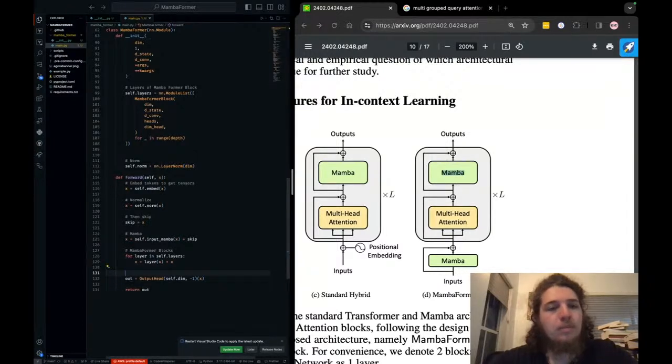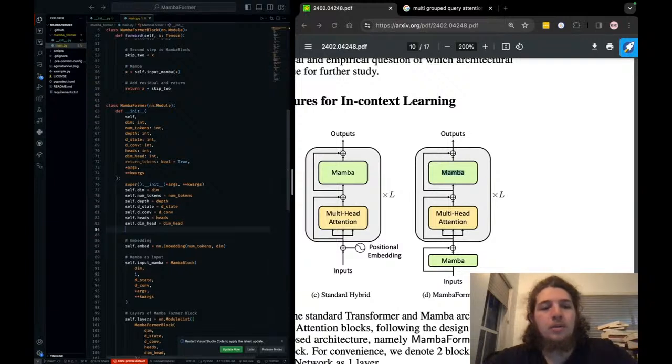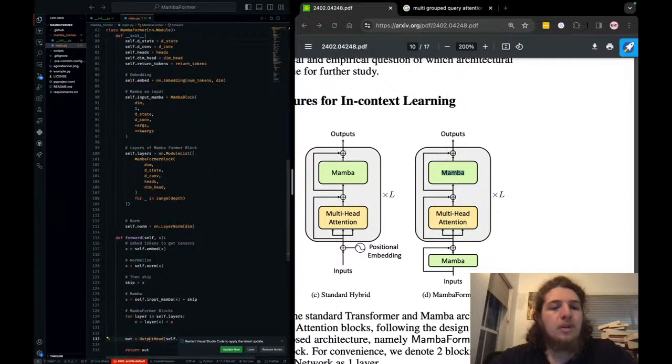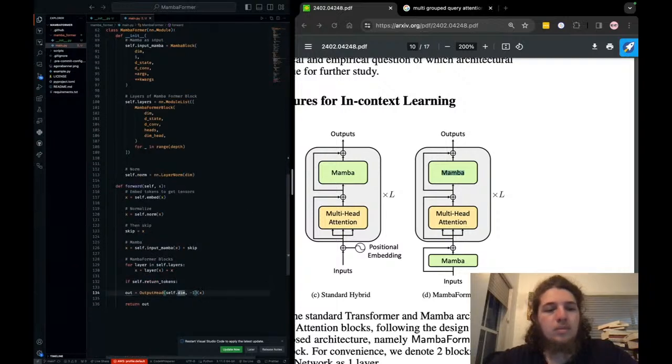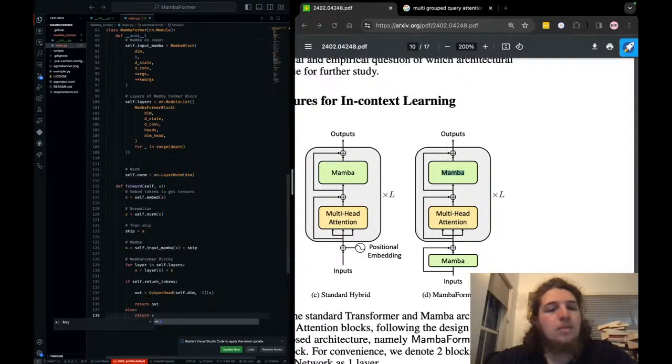Let's make this optional if we want. So here you go. We can simplify this even more.